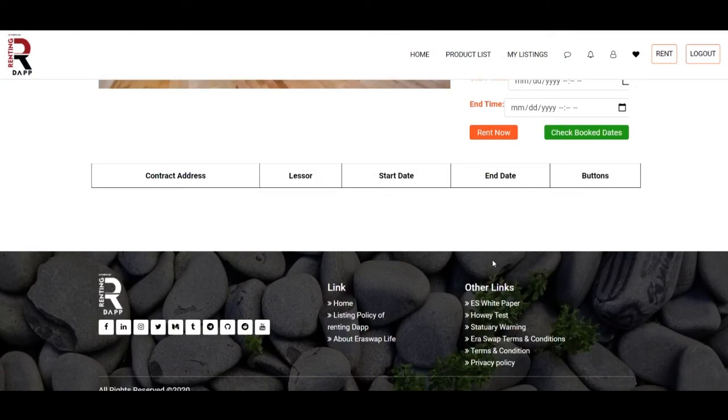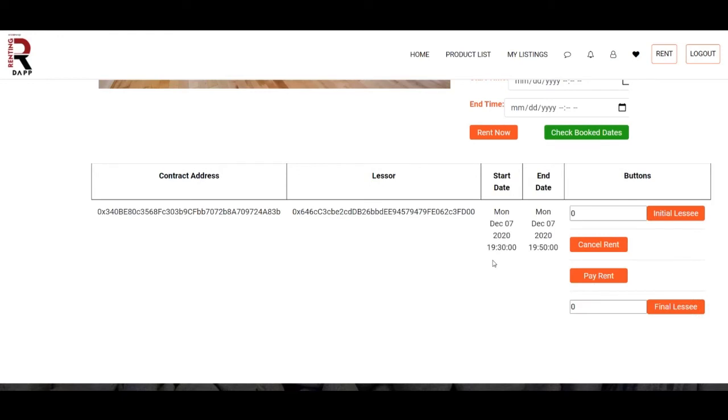And now from this end, it's like when there is a peer-to-peer meeting to take the item, the buyer now basically checks the condition of the item, so there is no dispute later regarding the fact that the item was damaged beforehand. So again, he checks the item, so enter 1 if okay, else 0. I'll enter 1 and I'll go on initial lessee. Okay, so what this function does is basically it is a check from both the ends before the product is actually put out on rent.